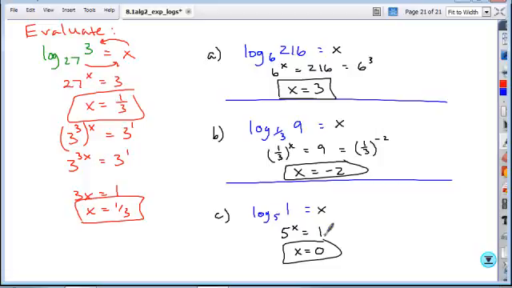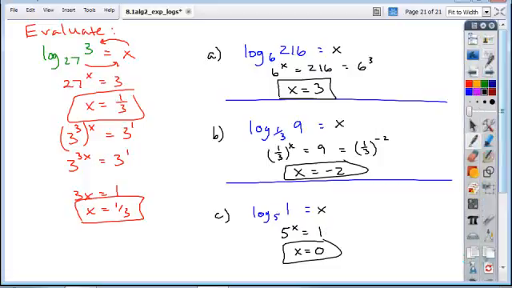Right, there are 2 last things to talk about just in general regarding logs, and that is the logs that are written with